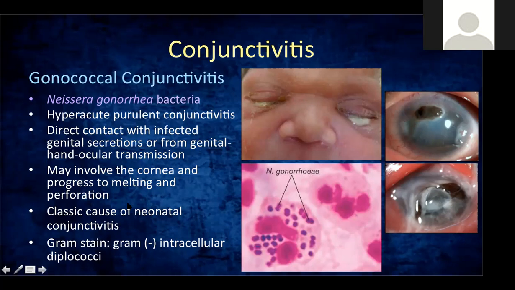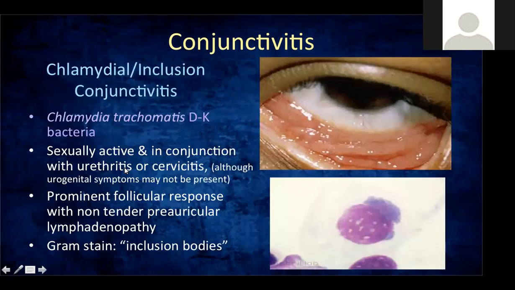So that's very important for you to recognize. Together with your gonorrhea bacteria, you can have a chlamydial infection. It can occur at the same time because it's also sexually transmitted. It doesn't mean that if the patient has chlamydial conjunctivitis that they may have genital symptoms as well. Pwedeng wala, okay? But a lot of them will.